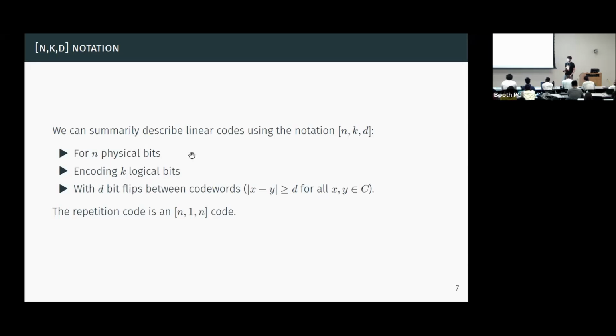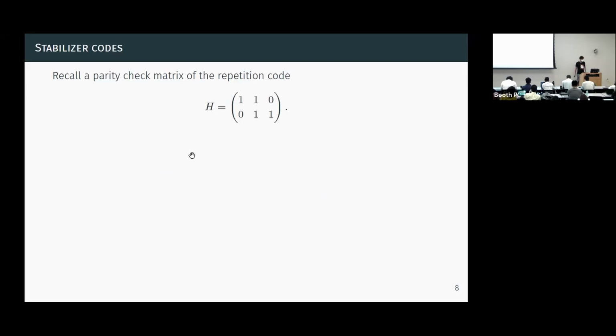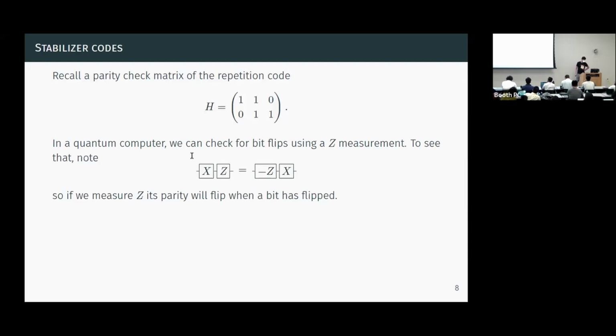Okay, so let me continue. I have many more examples, so maybe it will elucidate. So recall that if we have the parity check matrix of the repetition code, it could look like this. Now in the quantum setting, we want to check for bit flip errors and phase flip errors. And how do we do that in the quantum setting? Well,